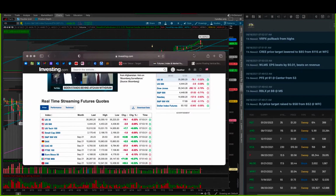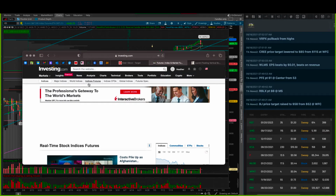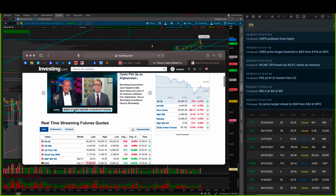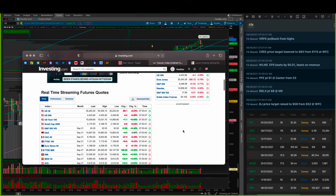So when I want to look at the futures, you can go to investing.com. Click on the little tab up here that says Index Futures, and boom, you can see them all there. Now, of course, we get a bunch of commercials on it, and that's okay with me. You can also upgrade and pay and not have that, but hey, I'm okay with the free